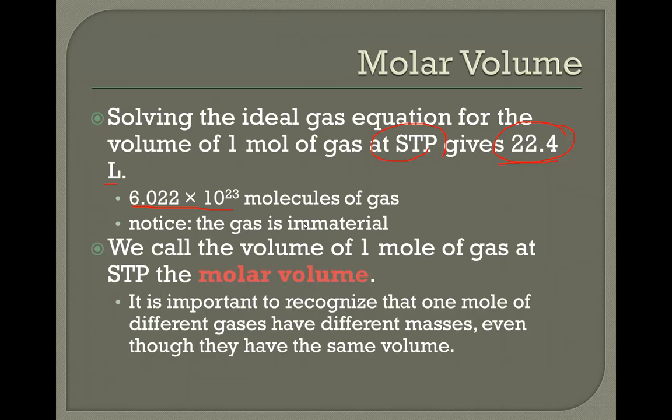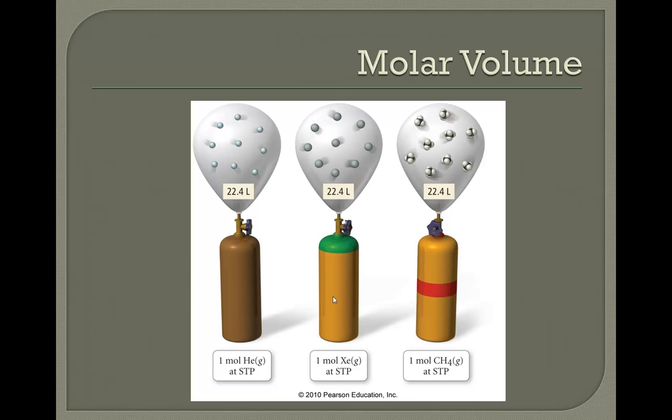The actual gas itself is irrelevant. It's true for all gases. We call the volume of 1 mole of gas at STP molar volume. It is important to recognize that 1 mole of the different gases have different masses even though they have the same volume. So when we look at this picture here,